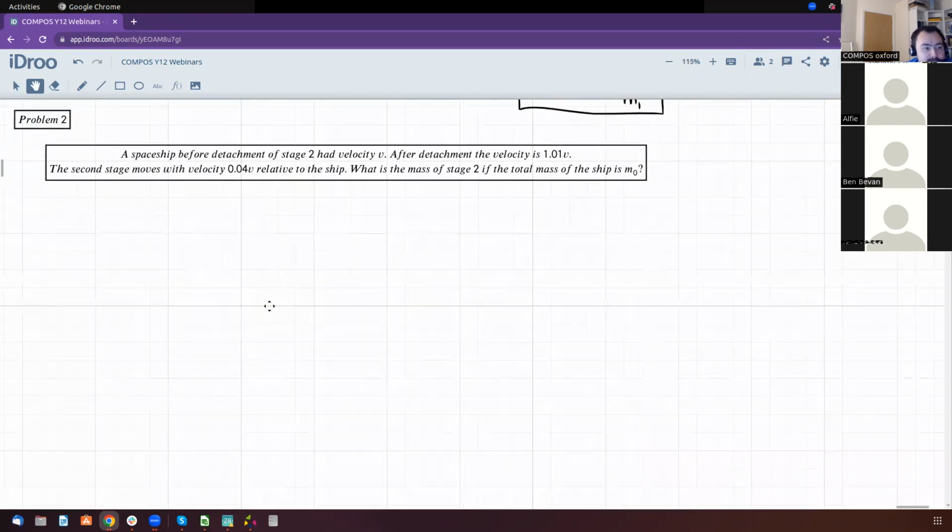Okay, problem 2. A spaceship before detachment of stage 2 had velocity v. After detachment, the velocity is 1.01 v. It's phrased slightly weirdly. Basically what it says is that the spaceship consists of 2 stages, so stage 2 and stage